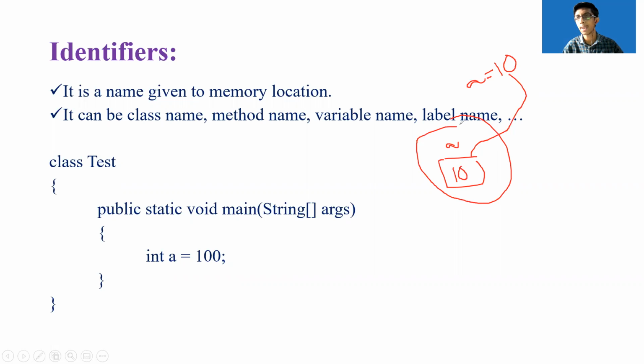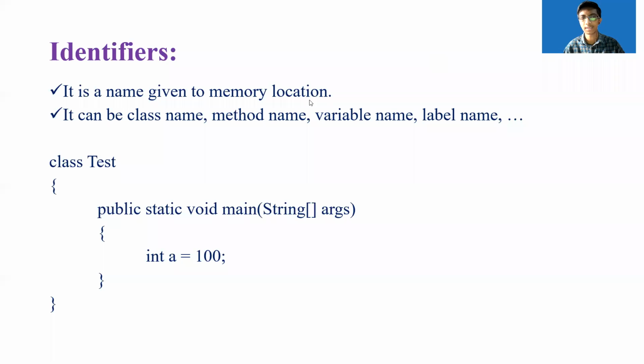Now, memory is nothing but addresses, right? We find it difficult to handle the addresses. So for that purpose, we name every memory location with a variable name, and that is what we call an identifier. That will make our task easier. For example, if I want to access this memory location, I can simply call the variable name a, and then I can get the data inside it.